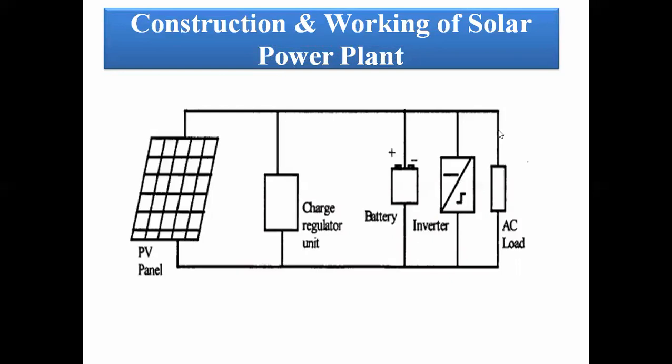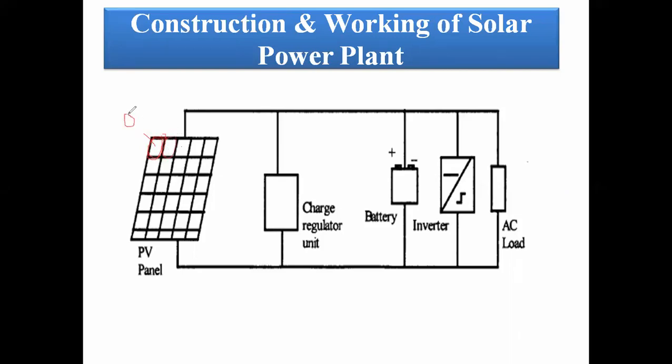Here they use the PV panel. The panel consists of an array, with n number of rows and n number of columns. Each box represents a cell: cell 1, cell 2, cell 3, cell 4. The total represents the array. It consists of a number of rows and a number of columns. And each cell voltage is considered for one cell, and this is one more cell.